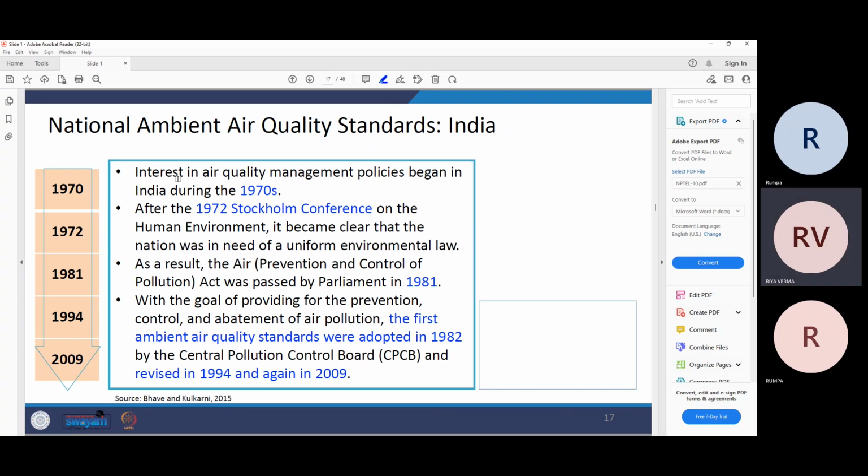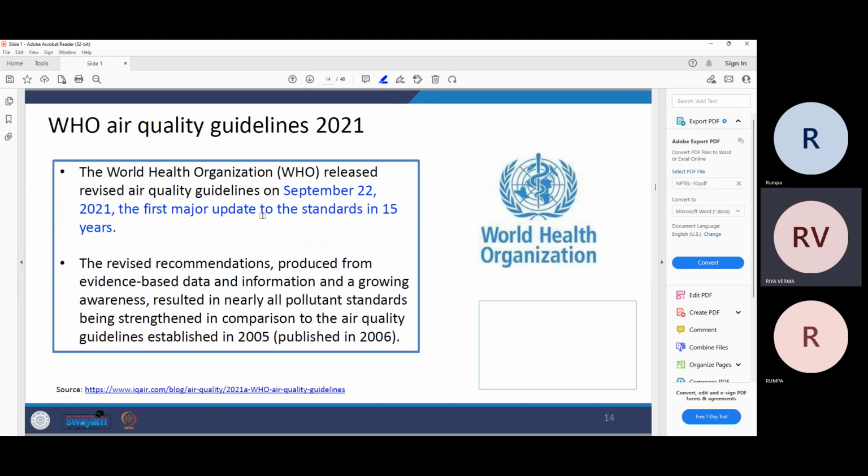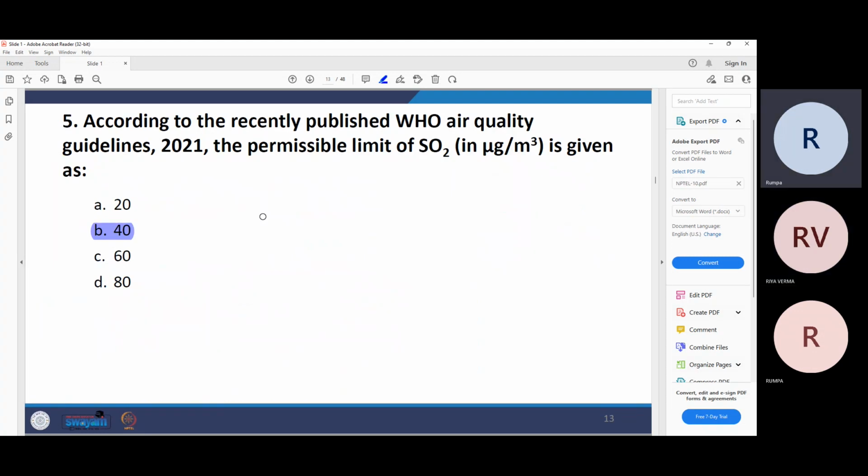मैम, आप मुझे वो 5 नंबर क्वेश्चन एक बार दिखा सकते हैं? Fifth question, या This one. ओके ओके, दिस ओके, डन मैम, डन। हम्म।